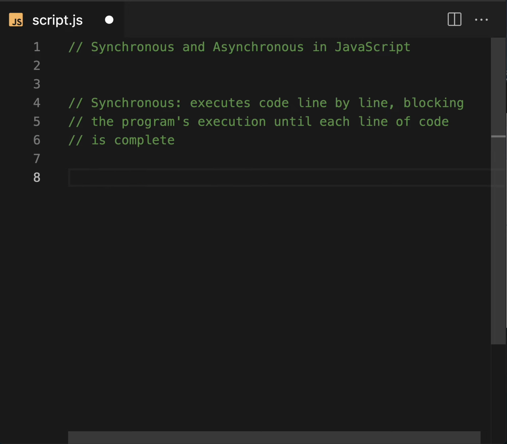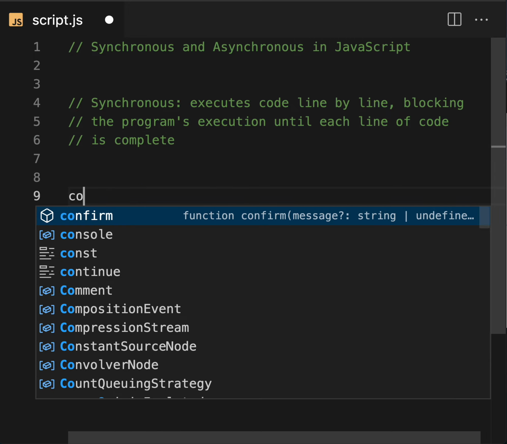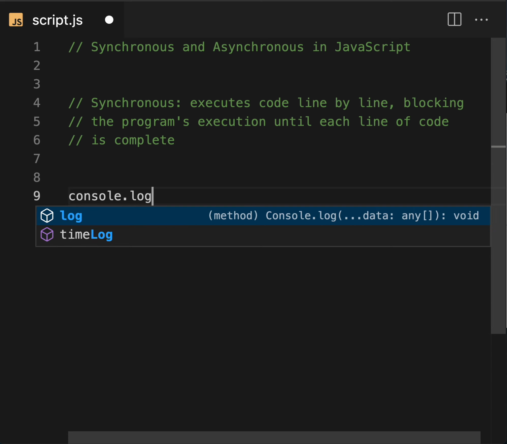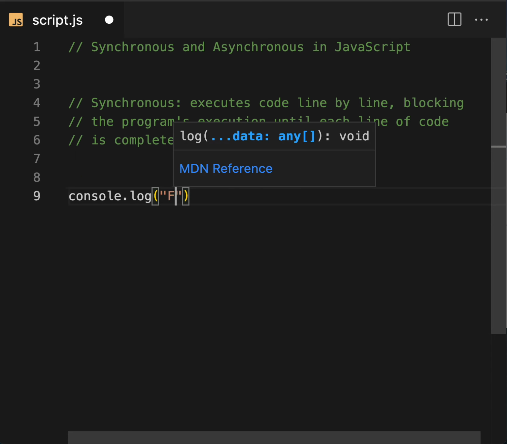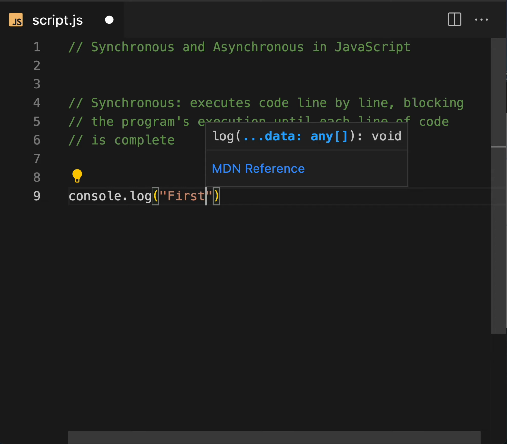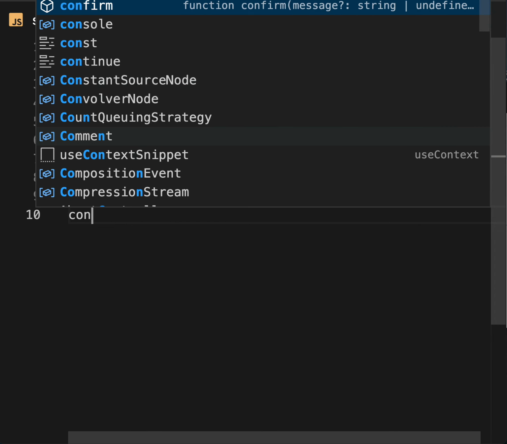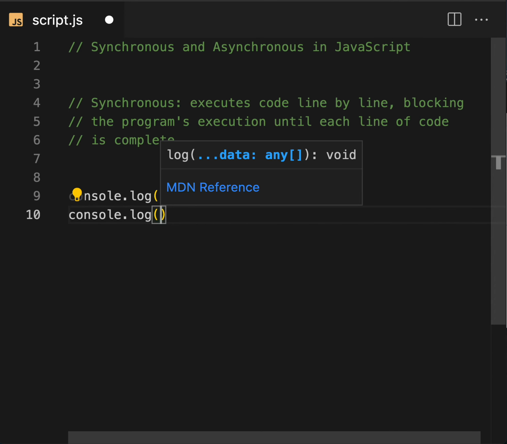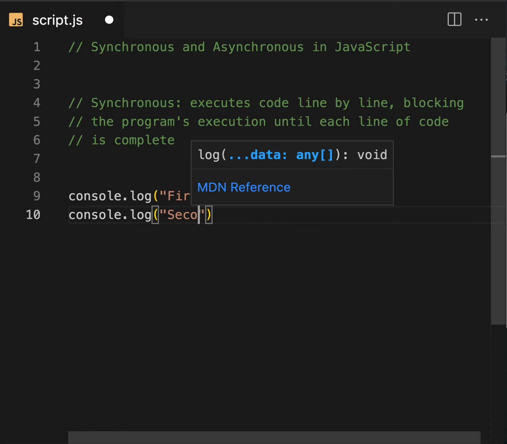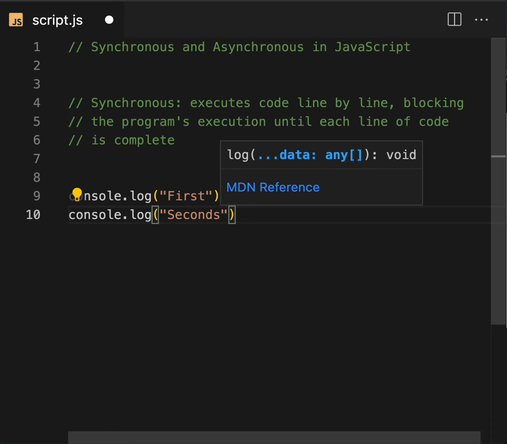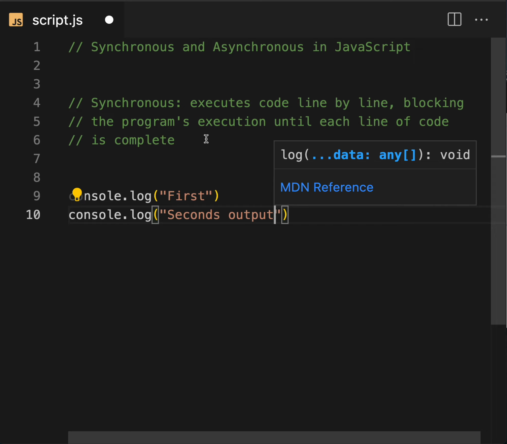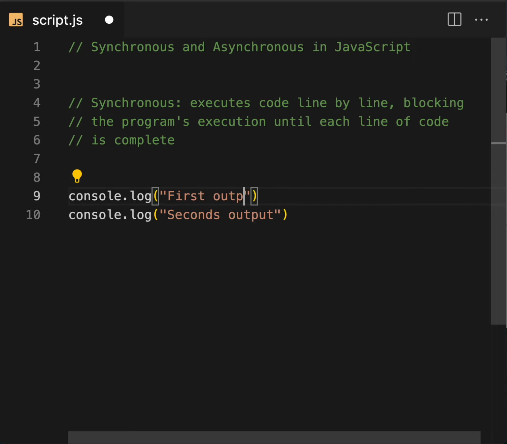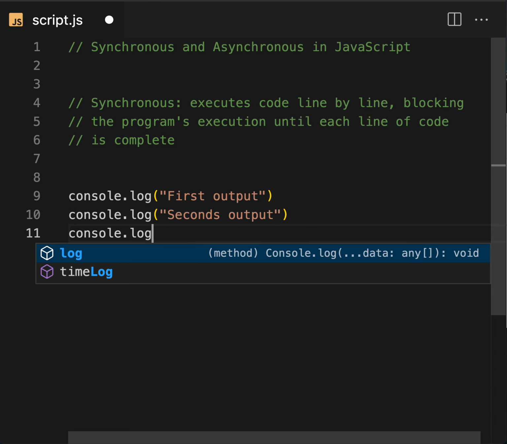So let's try to write an example for this. A very normal example I'm going to write here: console.log first output, and another console.log second output, and third output.